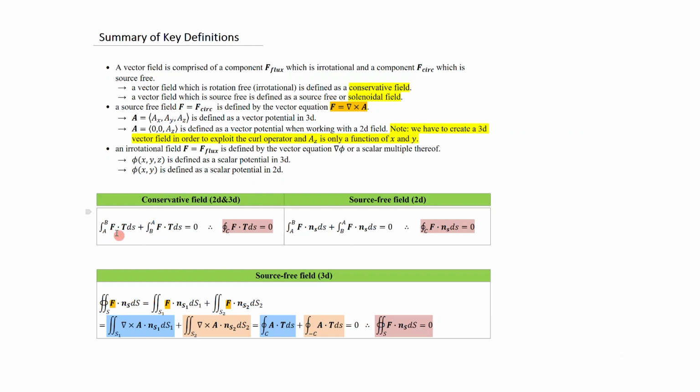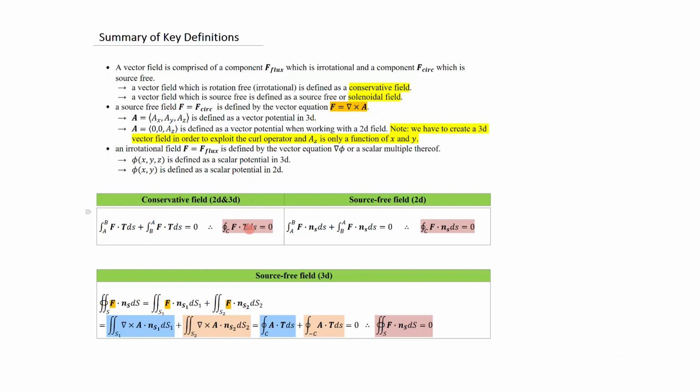Now, we'd like to create a closed contour to see what the impact is. That means we would be going from A to B, and then from B back to A. That would be a closed contour. But because these two sum to 0, a closed contour integration would be equal to 0. So this in itself is an indication that we're dealing with a conservative field. If by taking a closed contour integral of F dot T ds you get 0,